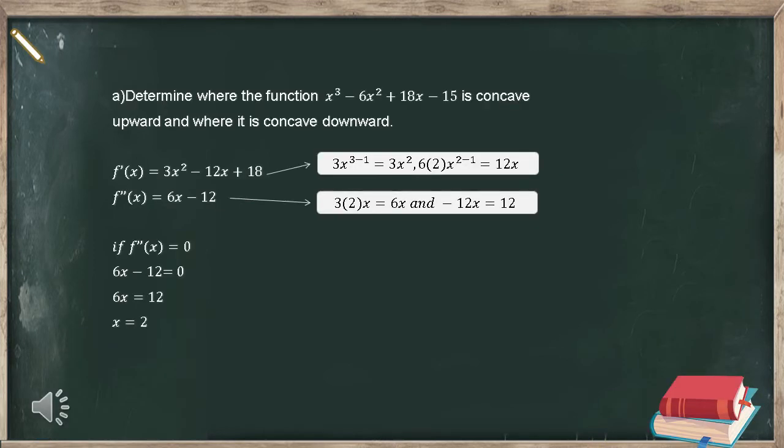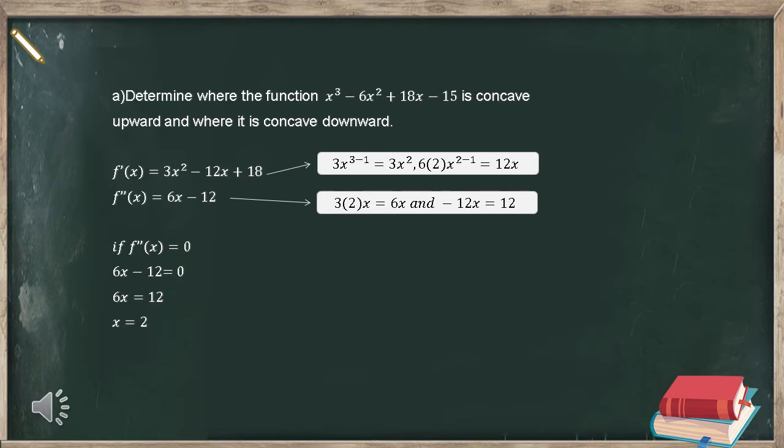Question 1a needs us to determine whether the function is concave upward or concave downward. The first thing we need to do is find the first derivative. So x to the power of 3, we differentiate, it will be 3x squared, and then negative 6x squared we differentiate, it